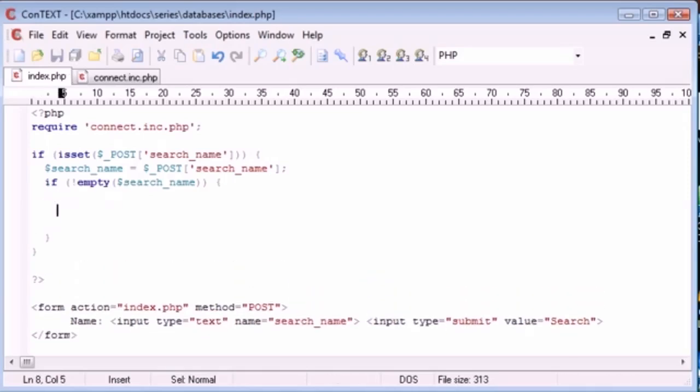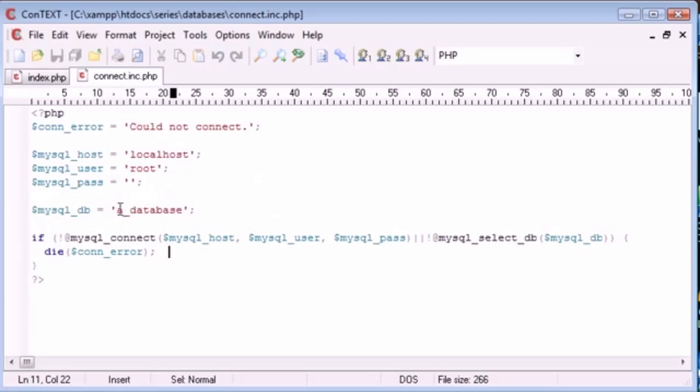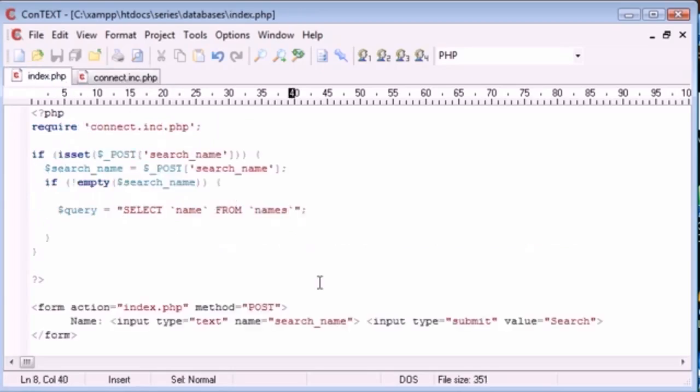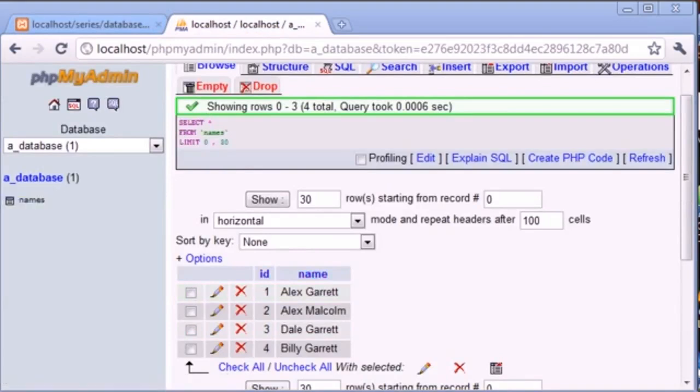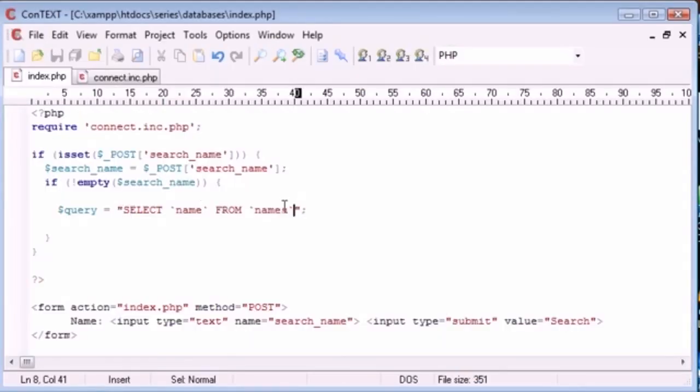So now we need to start constructing our query. So I'm going to create a new variable called query, and this is going to equal our SQL query that we're going to execute or run inside of our database. So we're going to say select name from, remember our table is called names. We've already connected to our database. Remember these values must correspond to your login credentials and also the database that you're using. Let's take a look here. So we've got names as the database, so we're selecting the name from names, so select name from names,